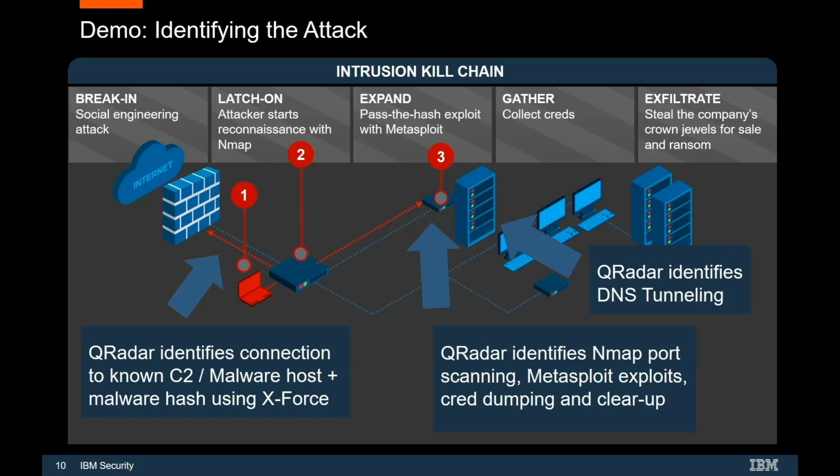So this is a simplified kill chain. At the beginning we see a break-in, and that break-in is going to be achieved with a phishing attack. Then we see the latch on, where the attacker starts to see what high value machines are in the estate that he can successfully attack. And specifically we're going to see a pass the hash attack using stolen credentials to break into a high value machine. We're then going to see